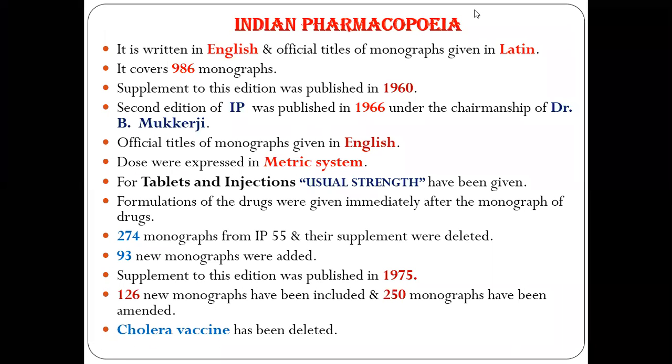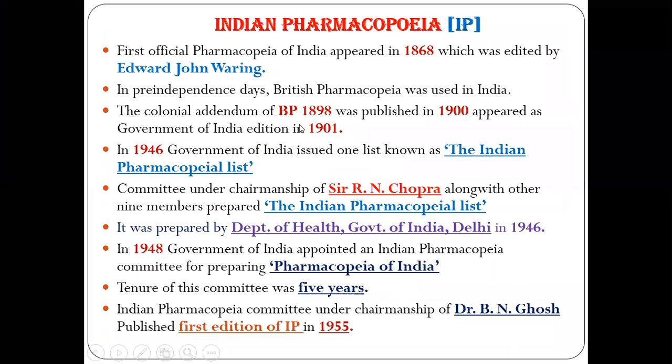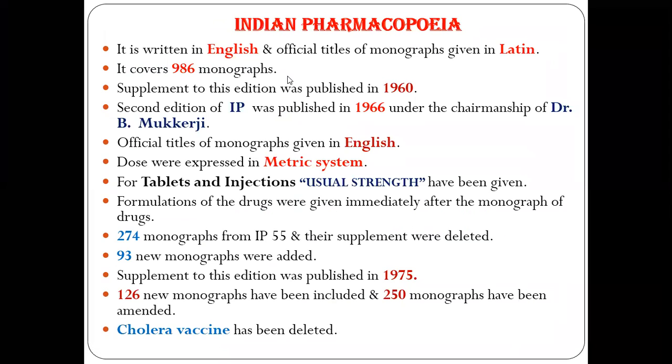So at that time, it was prepared and a total of 986 monographs, or total drugs, were included at that time. So the information of 986 monographs was added in the first edition. Then after that,